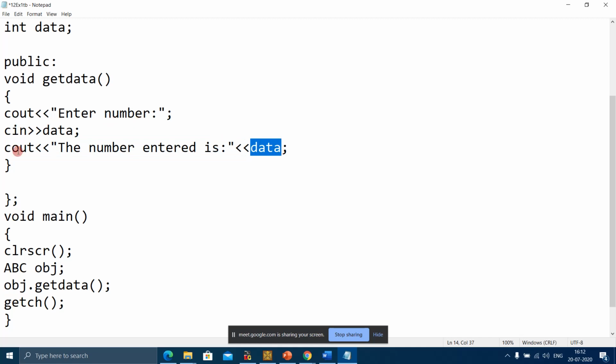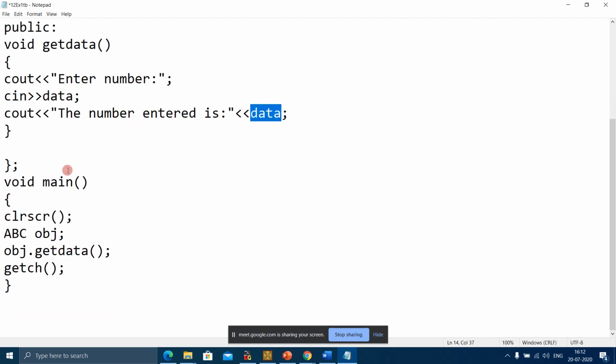This I don't think I'll have to explain. This is the very simple function which this get data member function is going to perform. So three terms you should be clear with: data member, member functions, and properties of a class. Data members and member functions are known as properties of a class.